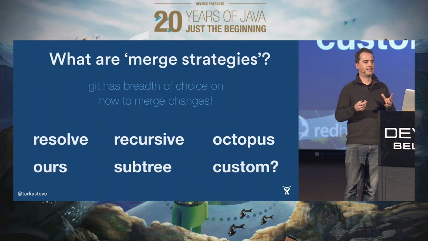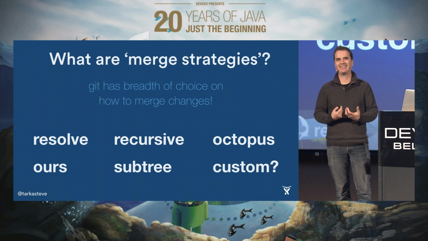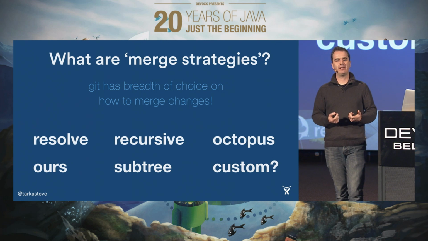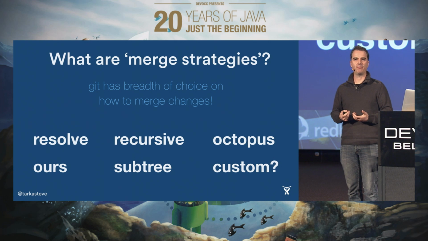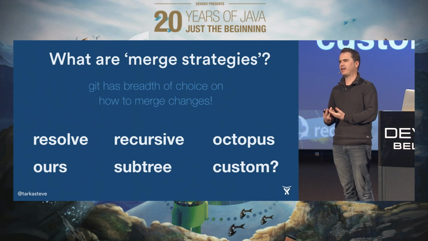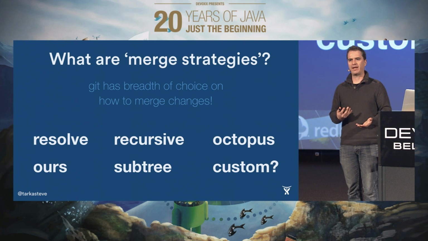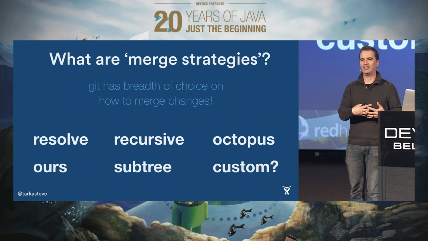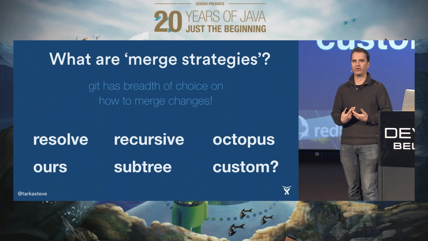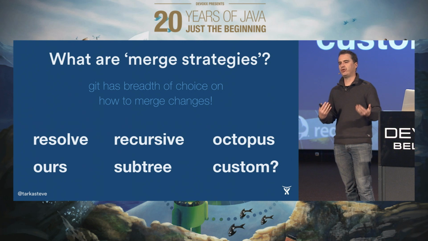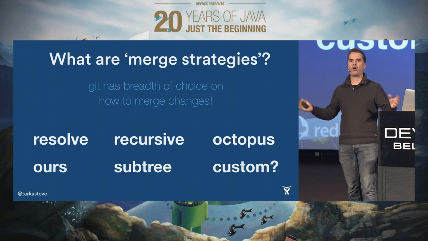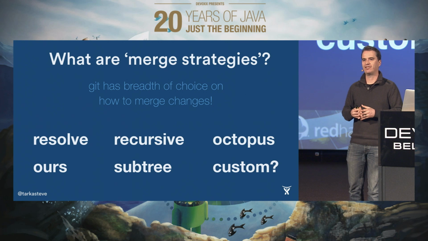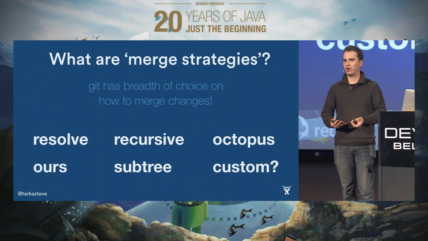The other one is, do we have custom ones? We can actually add custom merge strategies. If we decide that these aren't working for us, we can add our own and plug them in. In particular, it's useful if you have a proprietary binary format that is actually mergeable, but obviously Git can't merge binary files. It has no idea what the semantic meaning of them is. But if you have some proprietary binary format and you happen to know that you can merge these two files by pulling them apart, looking at the structure, and then merging them back into a new file, then you can add your own merge